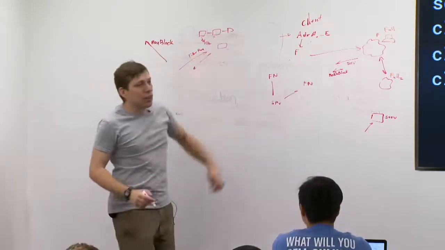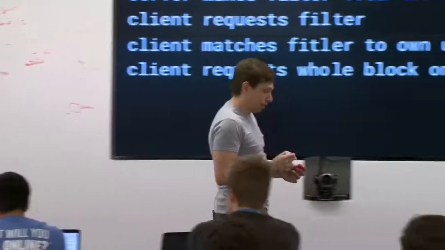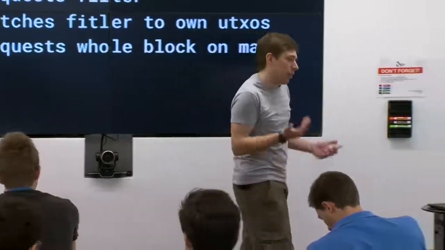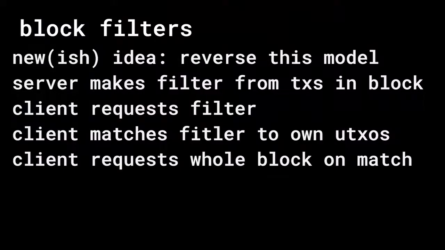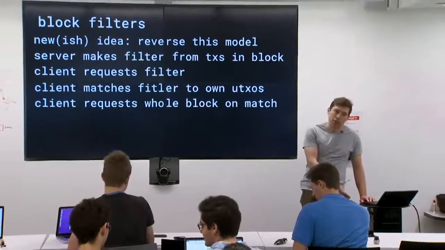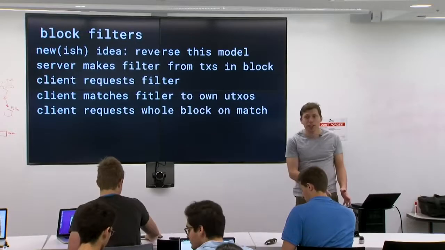So this full node, they know you requested all the filters. They don't see anything else other than that. And then another full node just sees you requesting blocks and thinks nothing of it, because that's totally normal. This is a lot nicer model for privacy, because the full nodes don't learn anything. At most, they learn you downloaded this block and not this other block. So maybe you have transactions in this block, but not this one. But that's a much